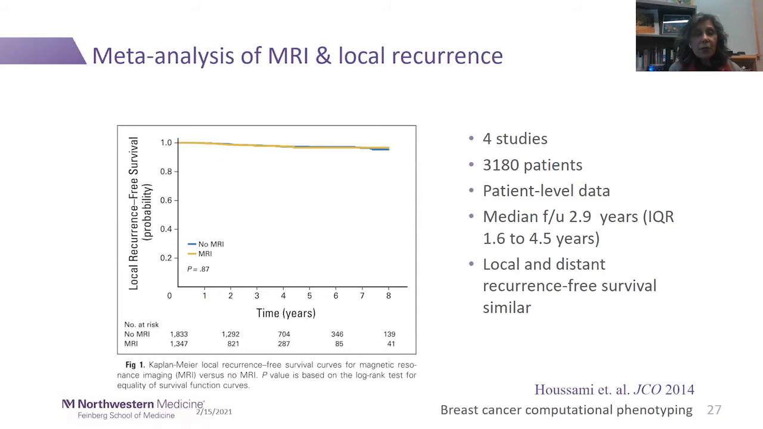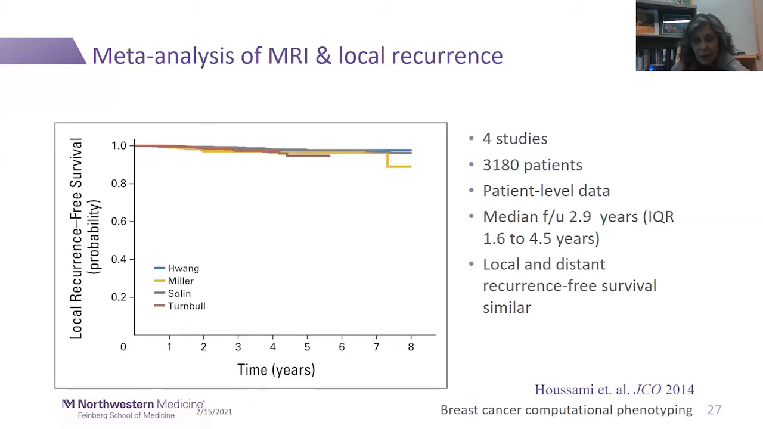So regardless of whether MRI was used or not, local recurrence was low in these recent years, as we've seen. And there was no difference in the MRI and the no MRI group. So this is for the overall meta-analysis of all 4 pooled trials. Next slide. And these are the results for individual trials, so really not much heterogeneity between trials. So given these data, next slide, please,